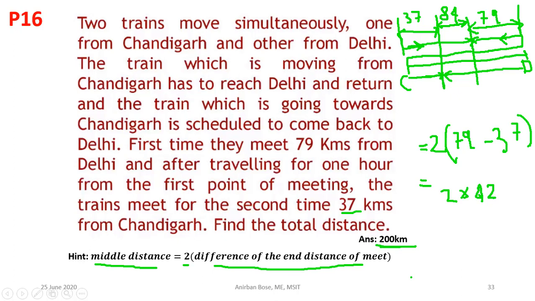Okay, so in this way, within 30 seconds we can solve this problem. The only thing you have to remember is this method, this formula. Again I request you to prove this formula, that why this is so. But these are very typical problems, so it is always suggested from my side that you try to remember this kind. The numbers will change, but if you remember this particular type and the formula, you can solve it within 30 seconds.